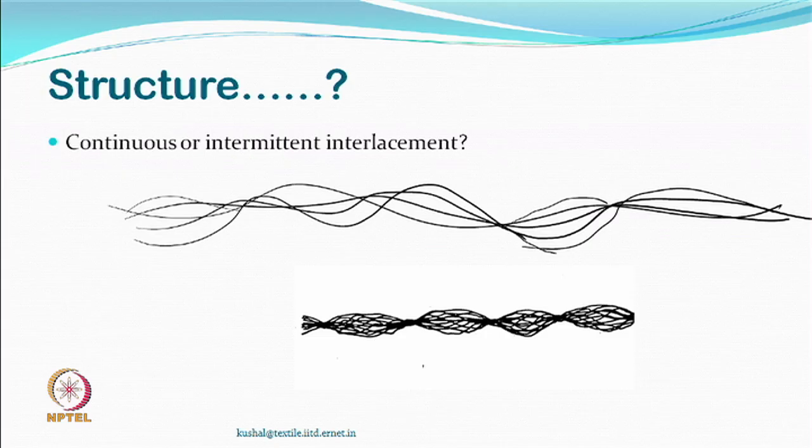So, if you take some yarn like this and actually subject it to electrostatic charge, so you might see that there are portions which are not interlaced and there are portions which are interlaced. Now, this yarn in normal condition may not look like this, because you are not given any overfeed. It is only when you have tried to separate them out, all right. But what is important is that you do generate what we call as nodes. So, you have these nodes.